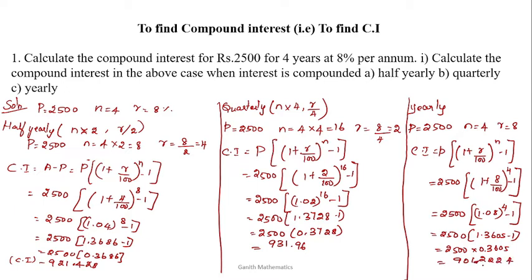So when you compare these answers, when you calculated the compound interest quarterly, that means if they calculate the interest and add it with the principal, you will get benefit because that amount is 931. So in compound interest, you'll get 901.2224 for the yearly calculation, and for half yearly it would be 921.428. Okay. So we'll move to the next problem.